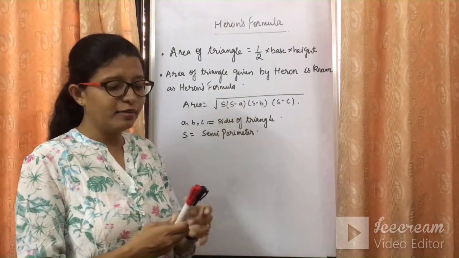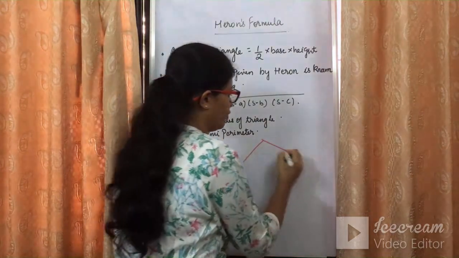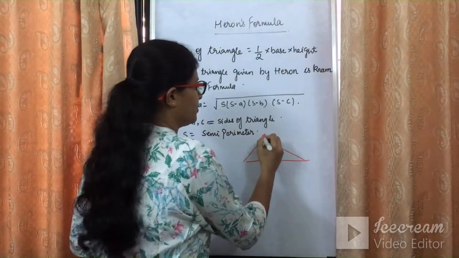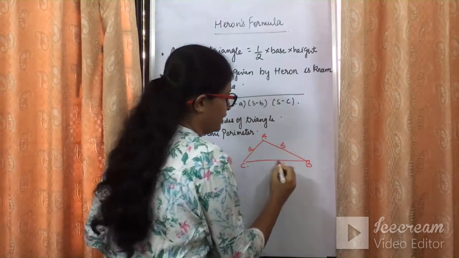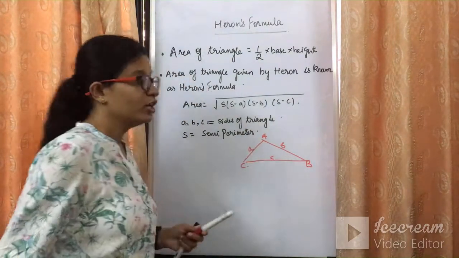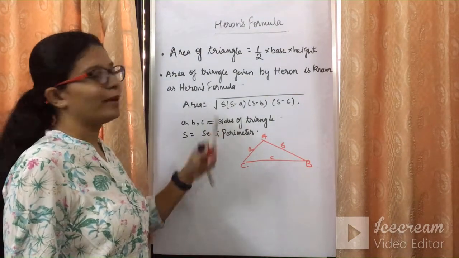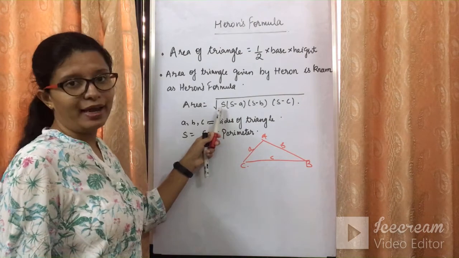A, B, C is nothing but the sides of the triangle. For example, if you have such type of a triangle, and suppose this is A, B and C, ये आपकी side है A, this is B, this is C. So the measures of the sides are given to you as A, B and C. If the sides are given and you need to find the area, you just need to apply this formula and the area is with you. It's so simple.